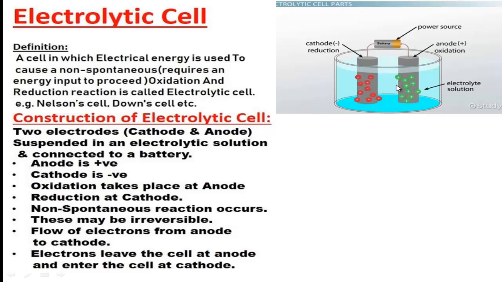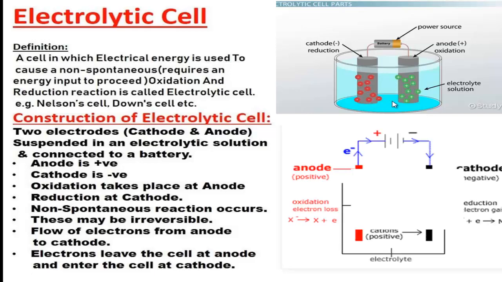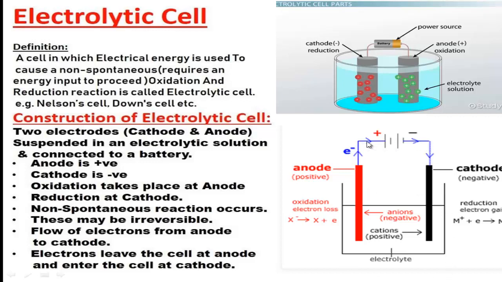And when you draw the figure of electrolysis process, then simply you have to draw like this way. Using a scale and pencil, like this way you have to draw. This is electrolytic cell, these are 2 electrodes, and you have to indicate which one is anode, positive electrode, this is battery, and this is negative electrode, cathode, and here oxidation takes place, here reduction takes place, and this is electrolyte. Just in simplest way you have to draw the figure of electrolysis process.